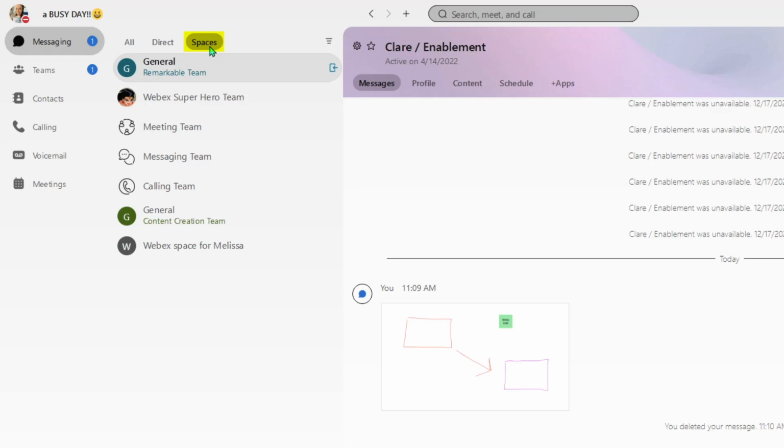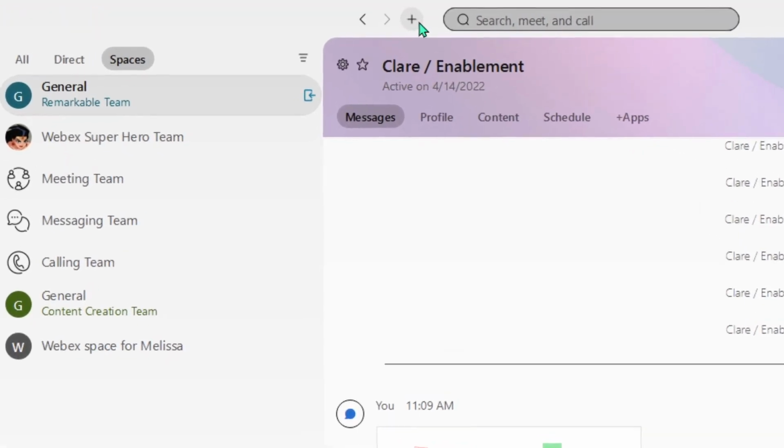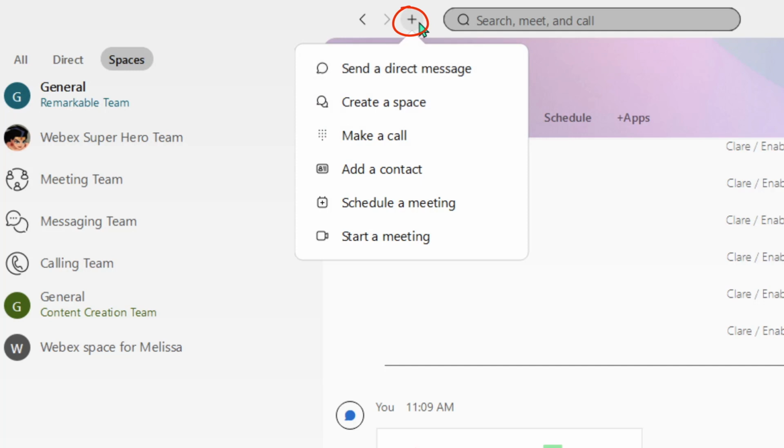Creating a space is easy, and it's all about what you need and who you need to collaborate with. Simply click on the plus button, decide if you want to create that direct message space or that group space,